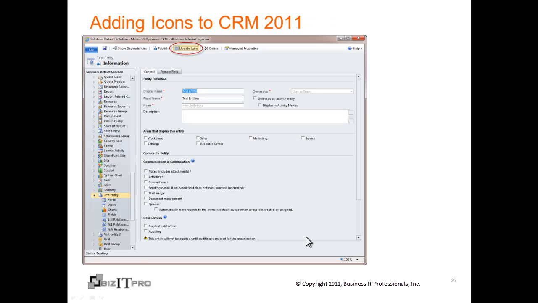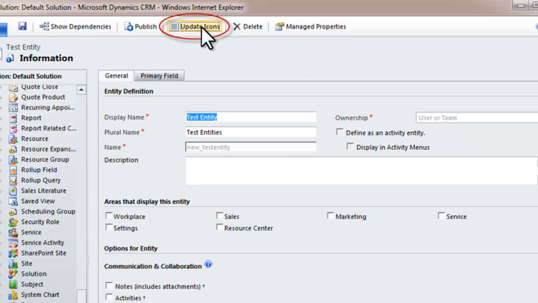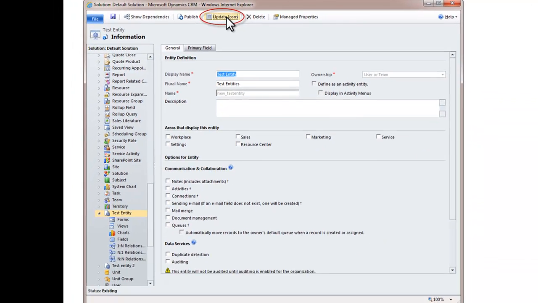To add icons to CRM 2011, first you open up the form for a particular entity. In this case, you'll notice that we've gone into the default solution, as we've shown before, and come down to the test entity and opened it up. So we're now looking at that, and if we click on the Update Icons button,